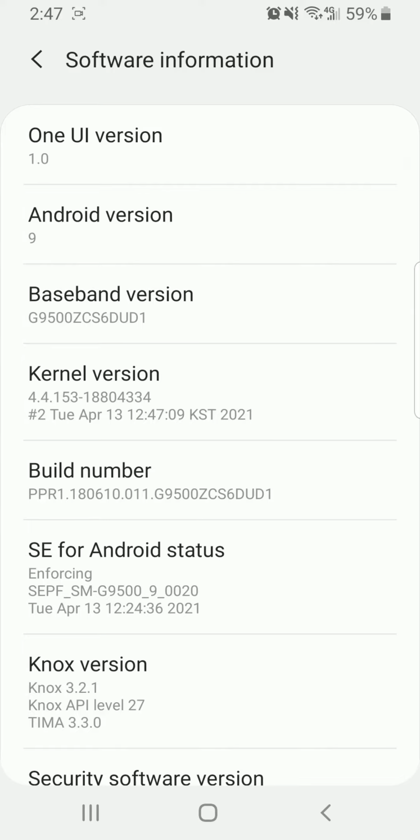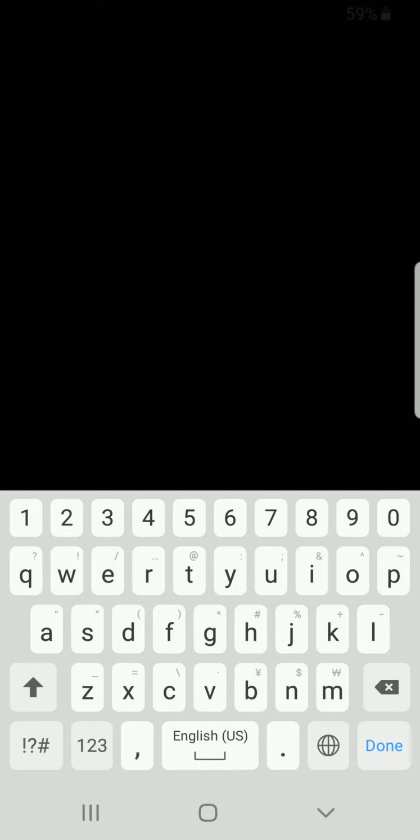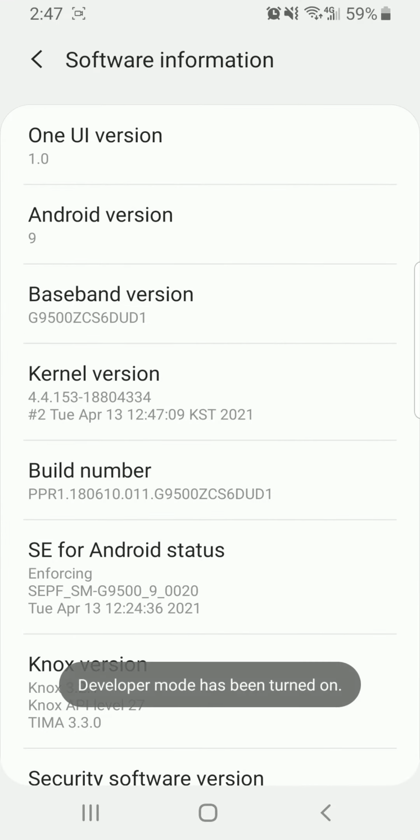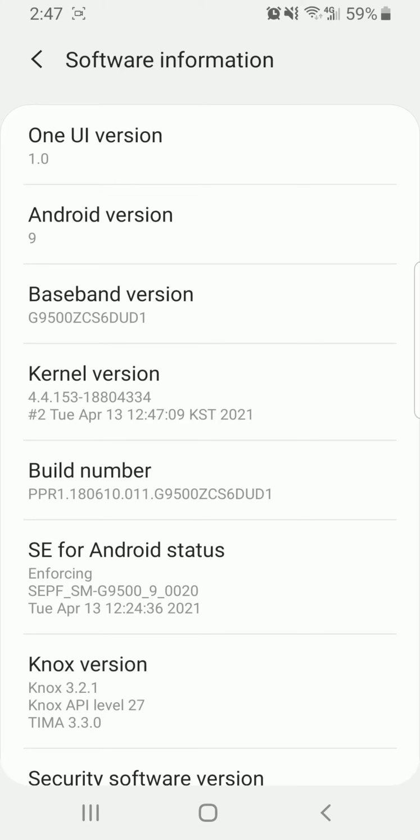After that, you go to Build Number and click that as many times as you can until you can reach the password. Okay, here you go. So this is the password. Then you have to key in your password. Next. Then after that, guys,